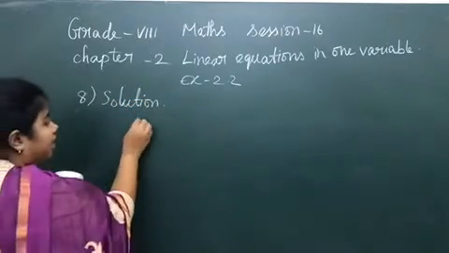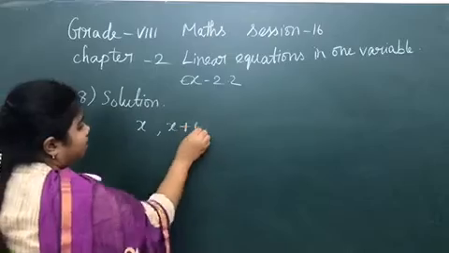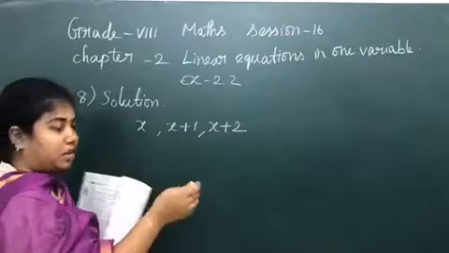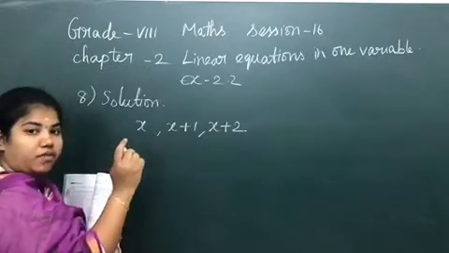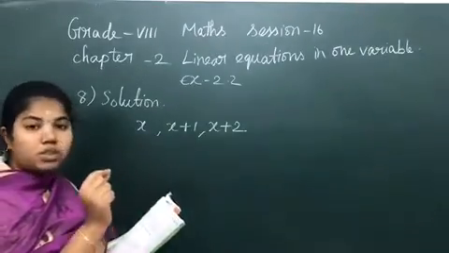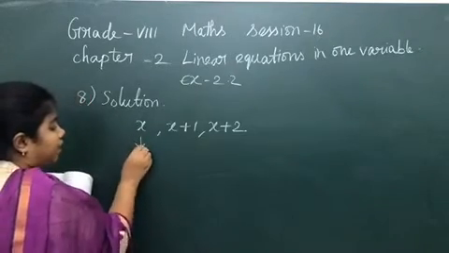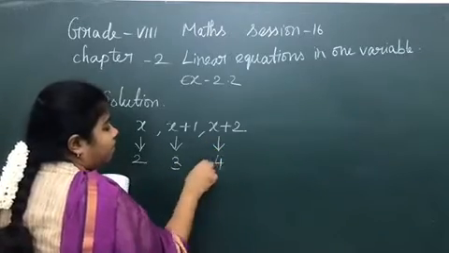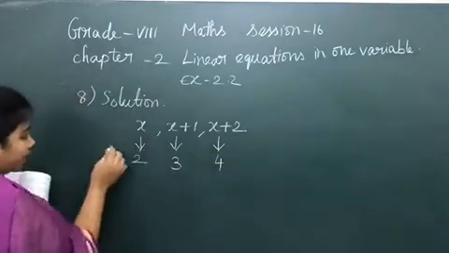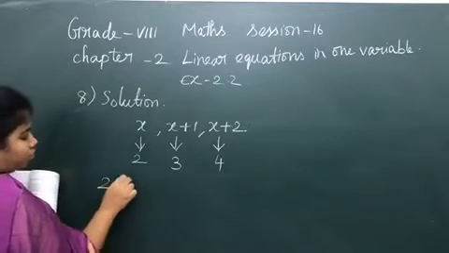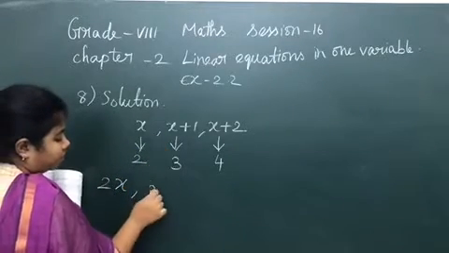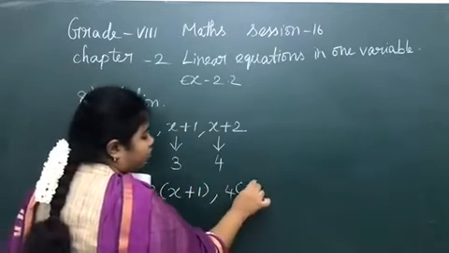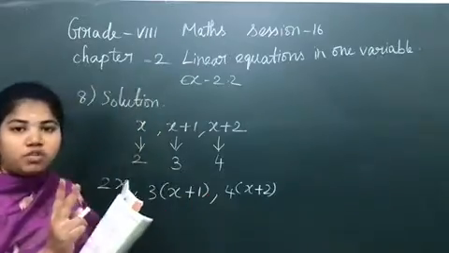So we are taking x, x plus 1, x plus 2 as the three increasing numbers, and in the question they have said these are multiplied by 2, 3 and 4. So x will be multiplied by 2, x plus 1 will be multiplied by 3, and x plus 2 will be multiplied by 4. So what will we get? 2 into x is 2x, comma, 3 into x plus 1, comma, let us write in the bracket, 4 into x plus 2. This is the first two statements of your question.